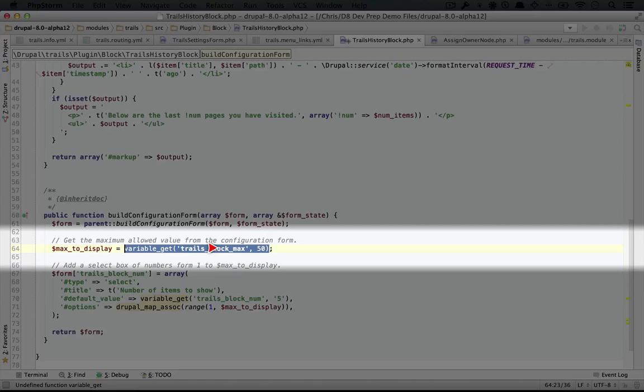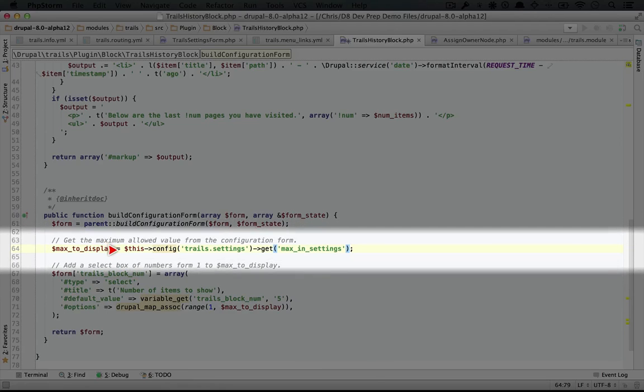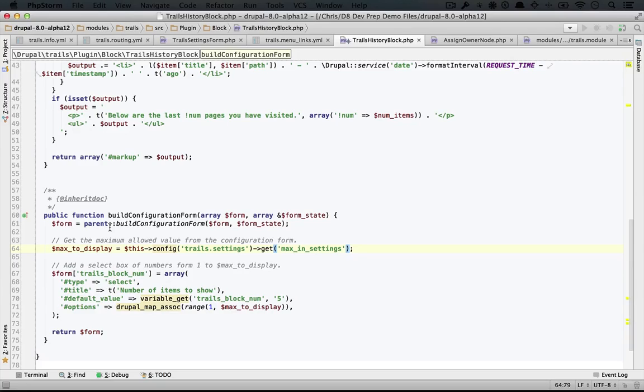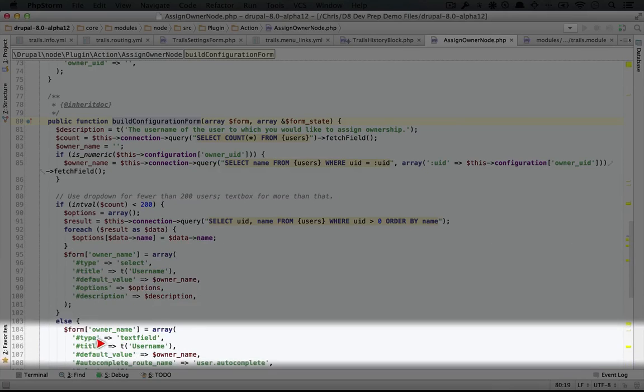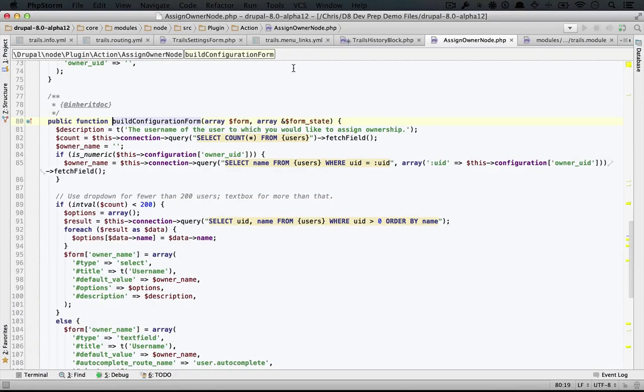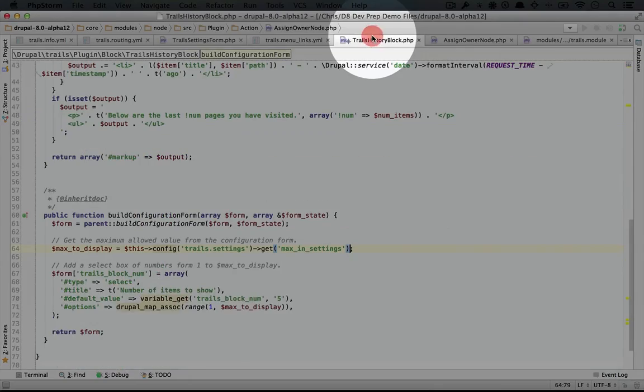Now if I undo this, you see we were setting a default to 50 before, but now if you remember, we already have a default set automatically when our module is installed. It's pulling from a configuration YAML file in order to get that default. So we'll always have a default, and we don't need to set it every time we pull in this configuration. All right, and now we're seeing T, and I kind of want to take a look at this assign owner node where we were looking at an example to see if it's using T as well. It is, so we'll go ahead and follow suit there. In some cases, we're going to use this T, this, and then an arrow T, but in this case, it seems like using T is all right. So I'm going to go back to Trails History block,